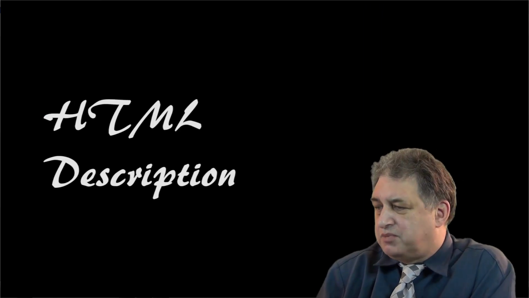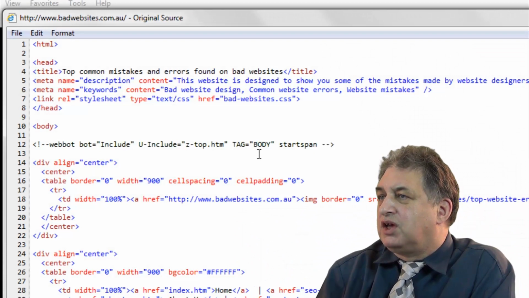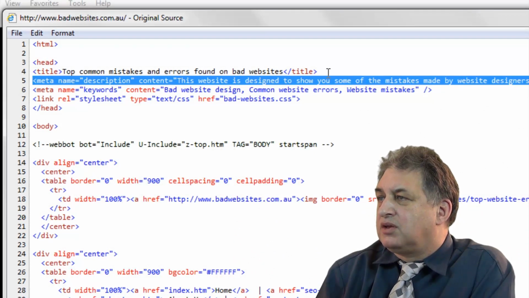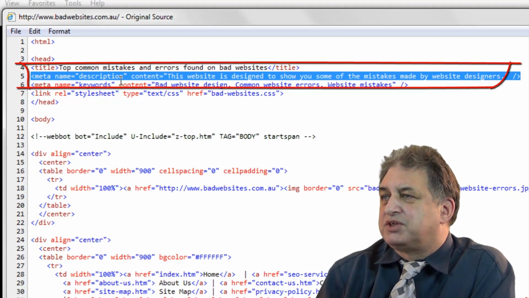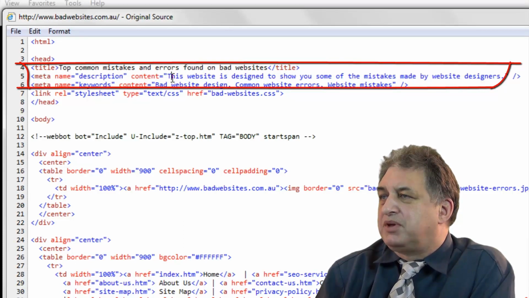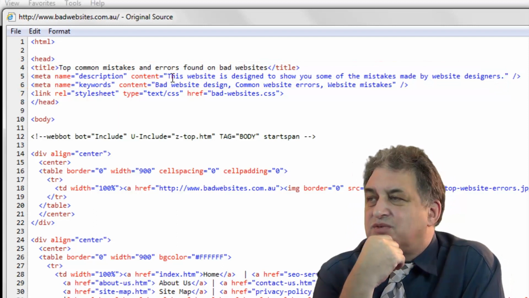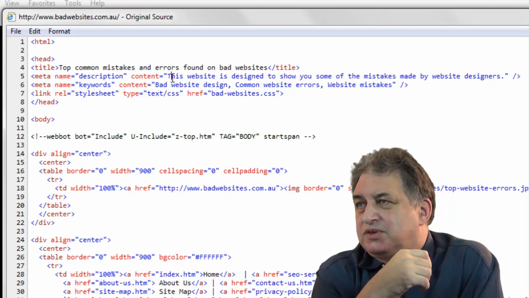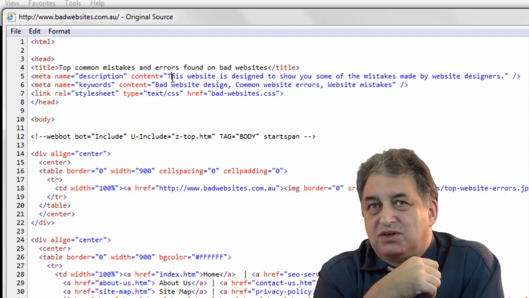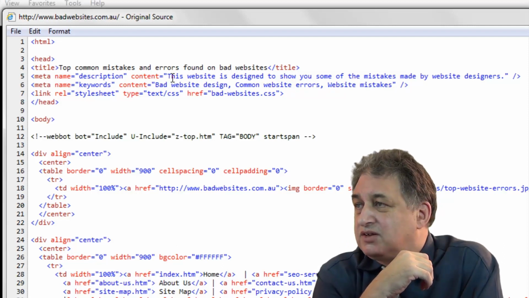The HTML description. If we bring up a website, right click and go and check out the source, you should find that most website headers, remember this bit up here is the header, most website headers should contain this thing called meta name description, and the description can be longer than the title, and strictly speaking it's not used as part of your SEO, but if you've managed to get your website displayed, say on the first page in the top 10 results, you're then displayed along with 10 other website competitors.